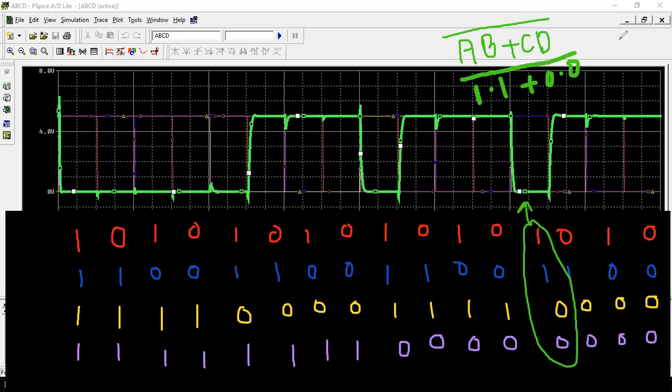So how much is this? 1 into 1 is equal to 1. 0 into 0 is equal to 0. So 1 plus 0 is equal to 1. 1 bar is equal to 0. So the result is 0, right? Yes, sir. Okay. So it is okay, right?